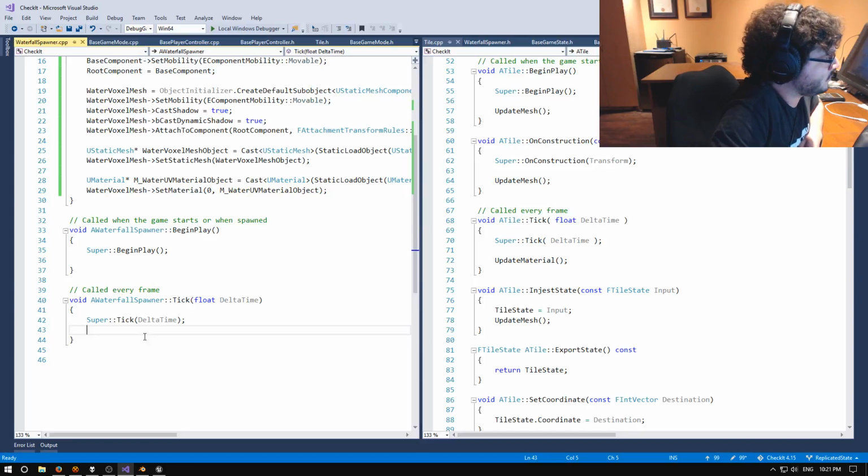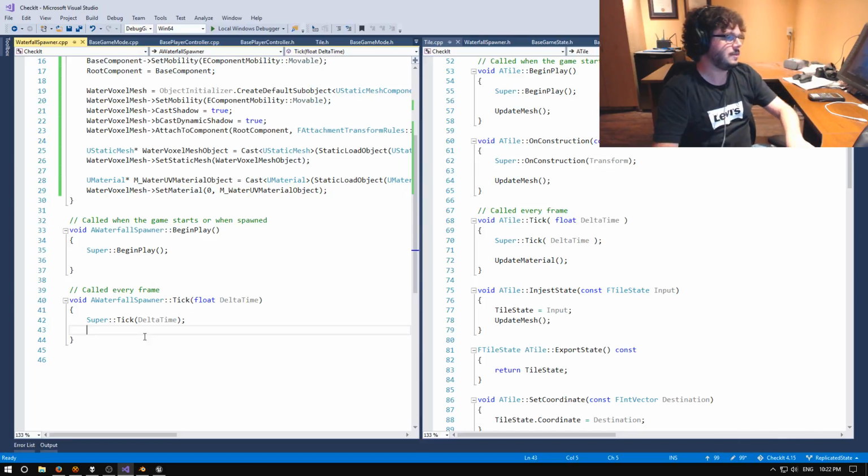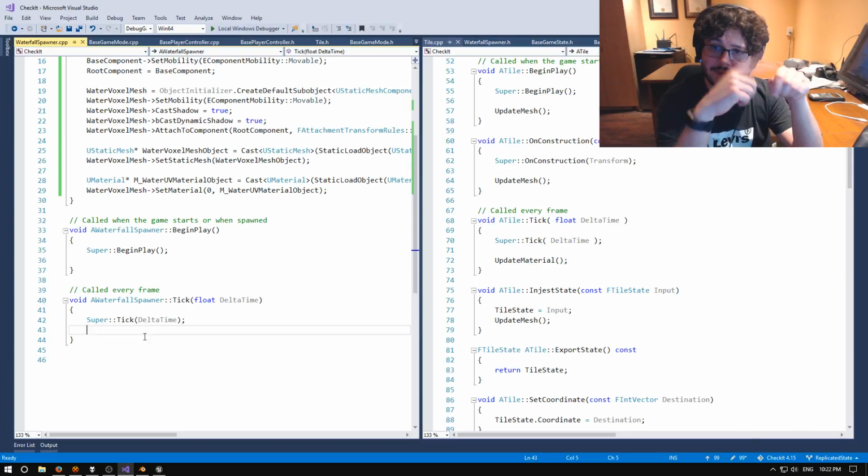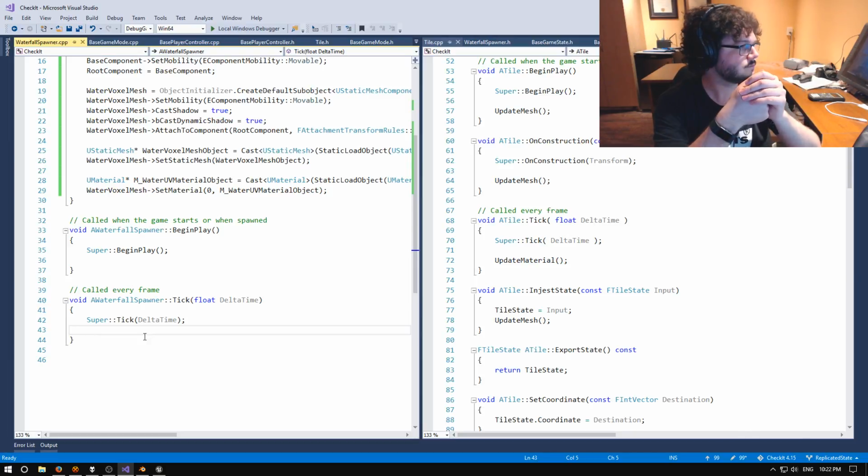So what do I want to do? I'm going to want this spawner, which is going to be an actor, to, when I place it in the level, on begin play, shoot out the